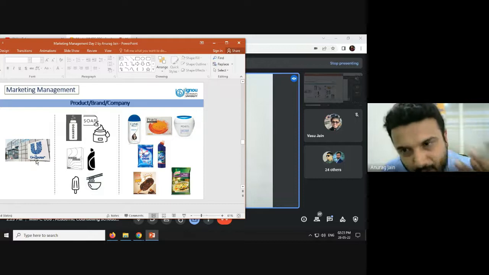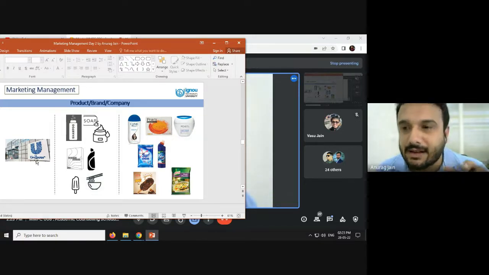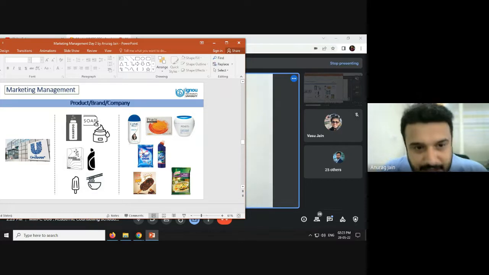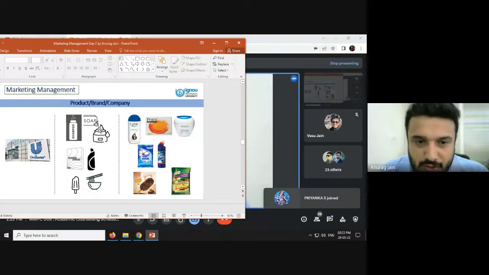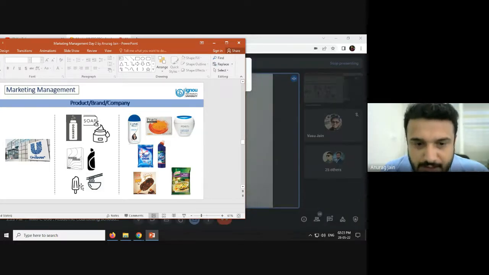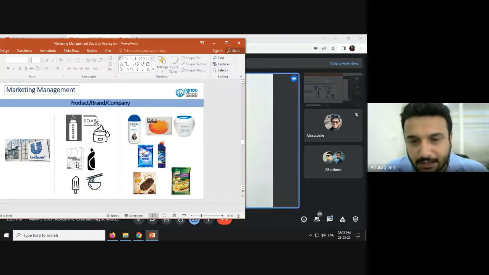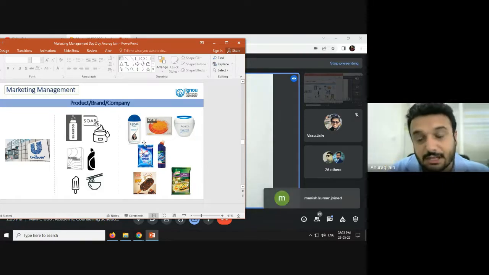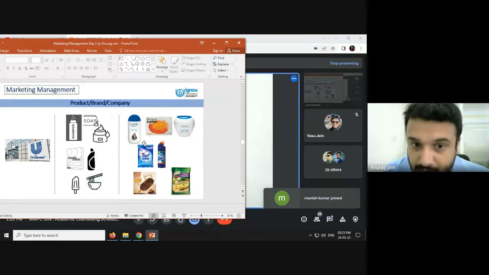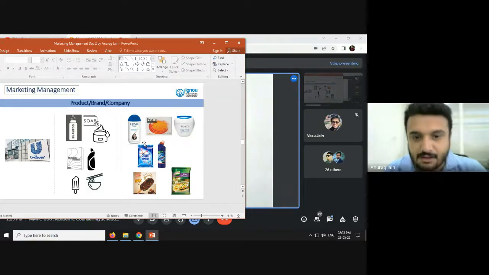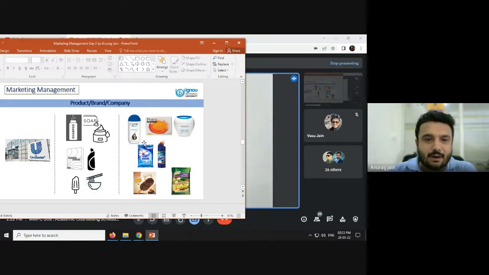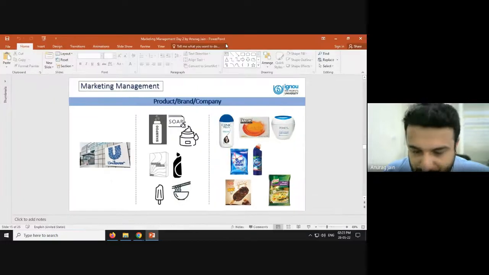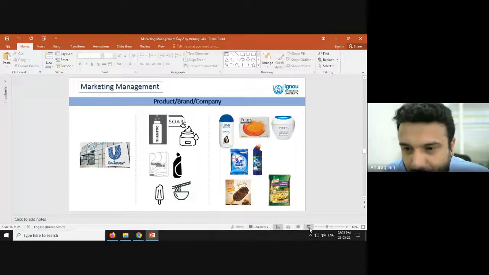Unilever can also be known as a brand, but it is a company which has been incorporated under a Companies Act. These are the products, right? Shampoo, soap, probably this toilet cleaner, noodles, ice cream, washing powder, or detergent. These are the products, and these are the brands. And there are different brands which even Unilever is offering: Clinic Plus, Pears, Ponds, Surf Excel, Domex, Knorr Soups and Noodles, Feast Ice Cream. Quality Walls is a brand owned by Unilever, right? So I'm glad to know that all of you got this right.